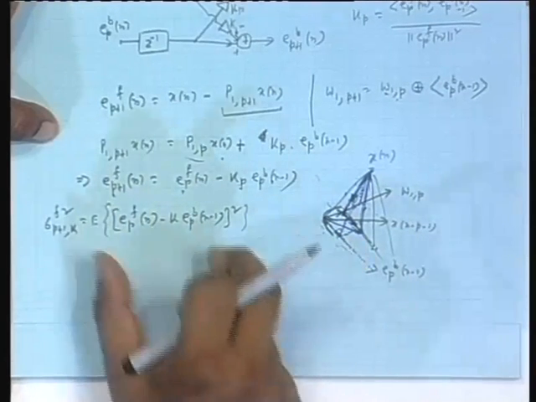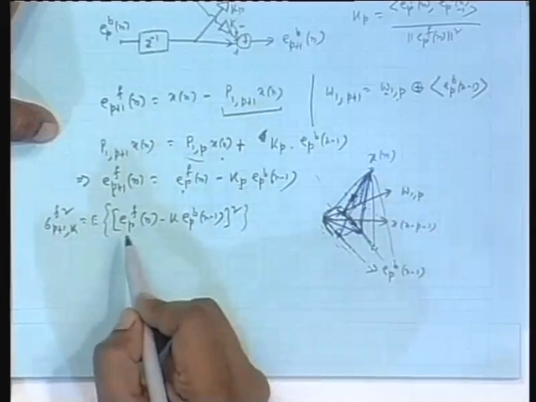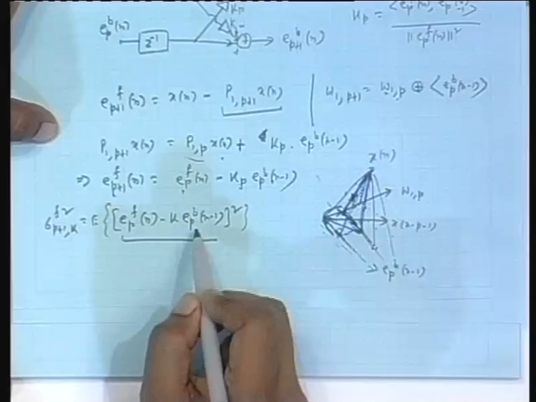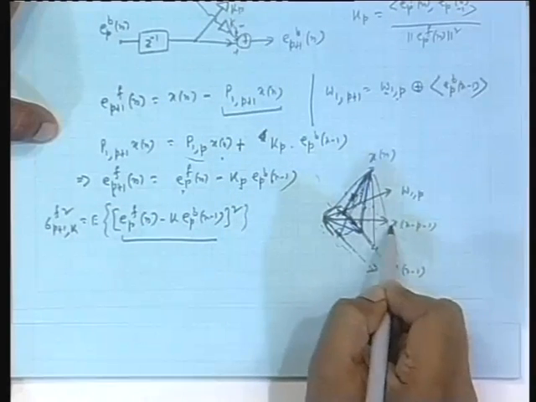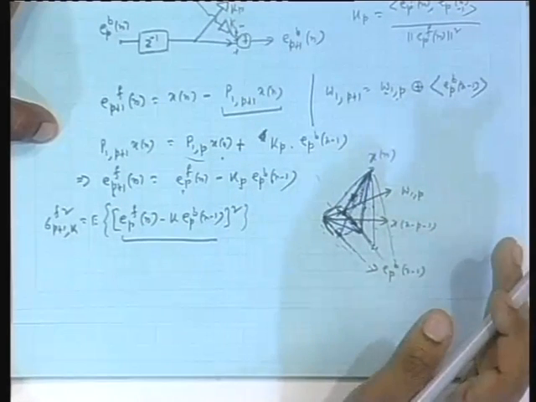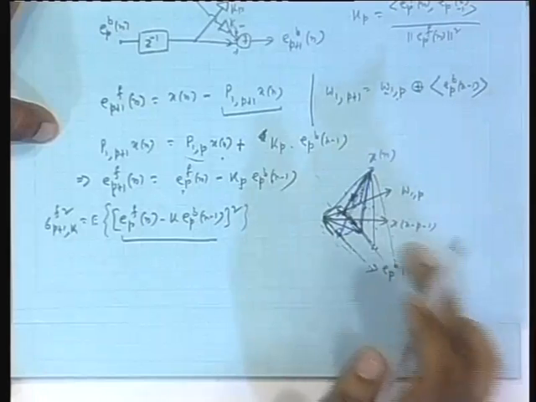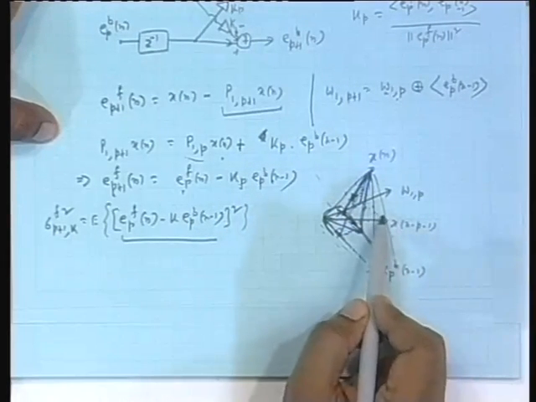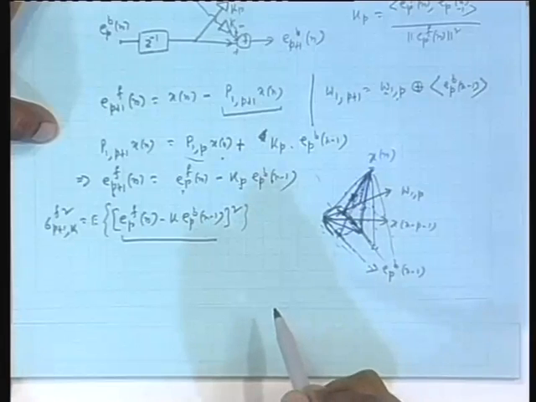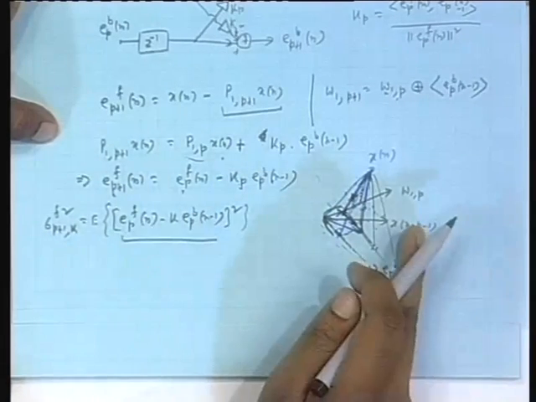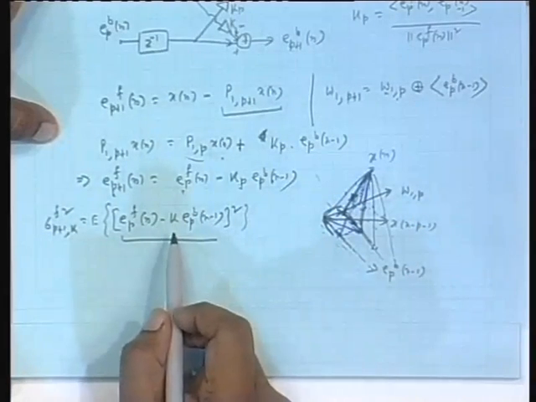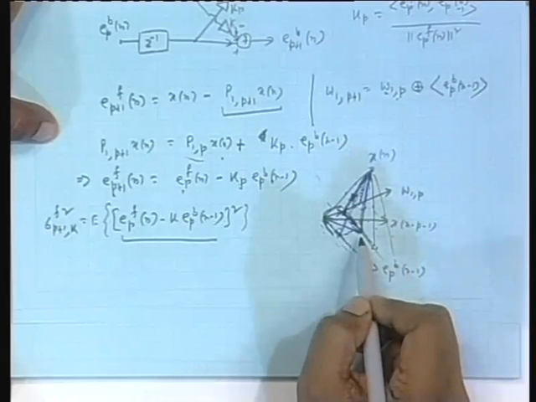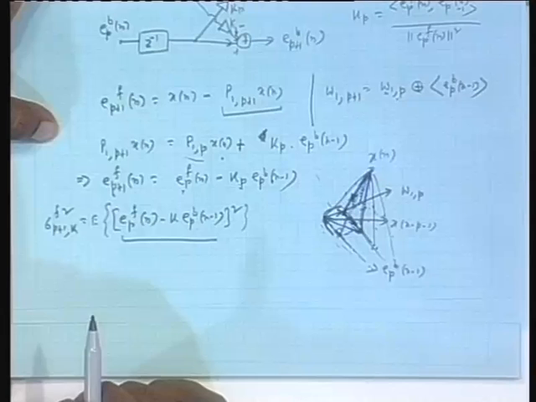Geometrically you have seen this quantity, this is nothing but these errors. What is this difference, this quantity? This is either this error or this error or this error. They are all functions of k, isn't it? Depending on the k, you will slide along this axis and you will get this error or this error or this error. So this overall thing is that error. Norm square is a quadratic function of k, of course, and only when k is the optimal k, you get the minimum norm error. And here also you can see it will be a quadratic function of k.